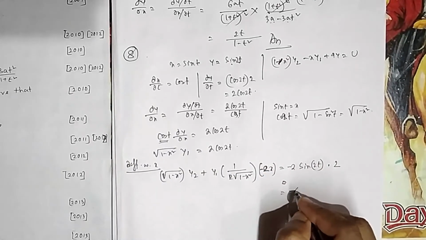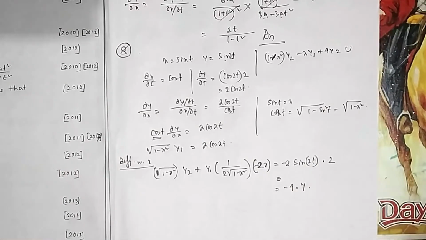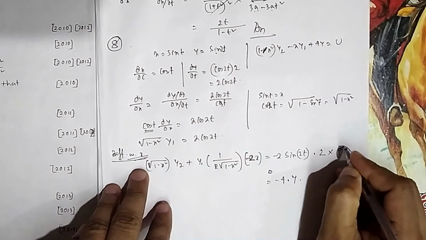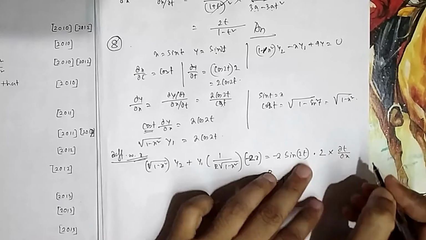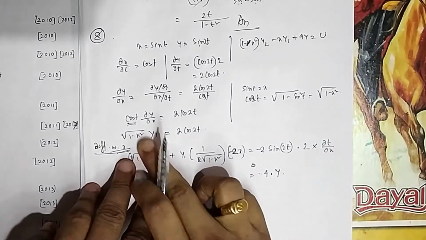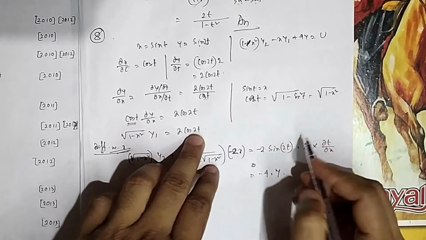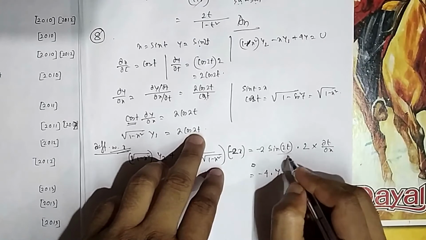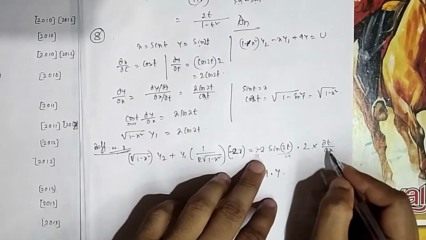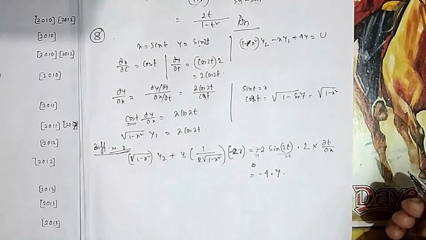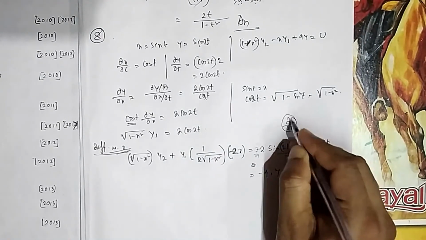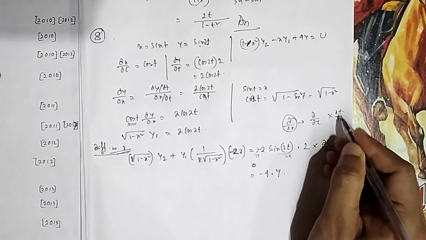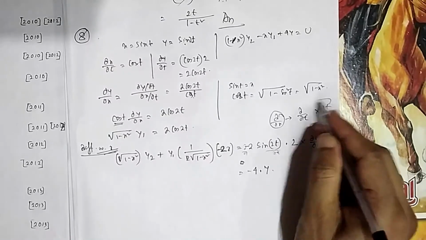So what you will put here is minus 4 into sin t. But here you have to be careful, you are differentiating with respect to x. So you have treated t as an x, so you have to do dt by dx. You are differentiating with respect to x, but there is no x. So you treat t as an x, you do the differentiation, but at the end you differentiate t also with respect to x. So you are doing d by dt, and then you are doing dt by dx. So dt and dt cancel, ultimately you are doing d by dx. So that is the idea.